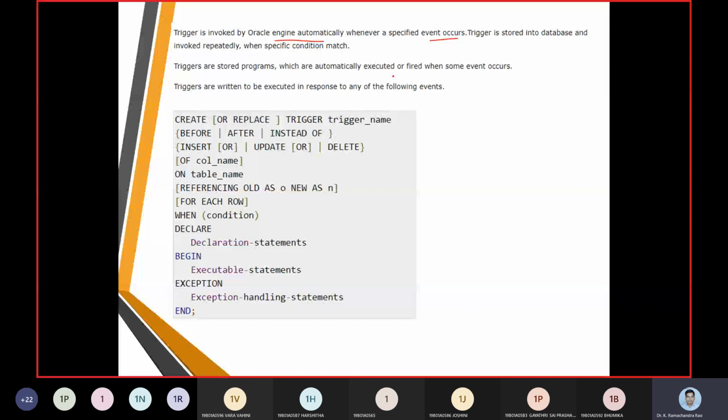Next, we want to print out the new salary. The new salary is again with the colon here, and then we display it. Finally, we write put line salary difference, and the salary difference we compute as new salary minus old salary, and therefore we end the procedure in this case.